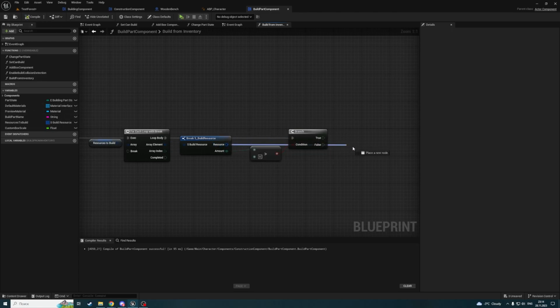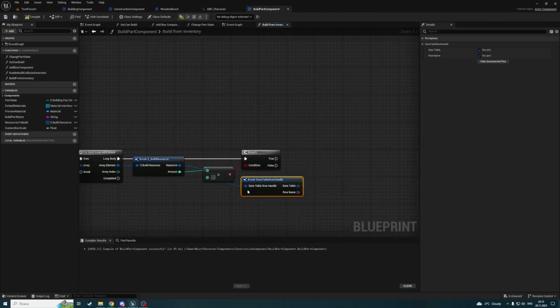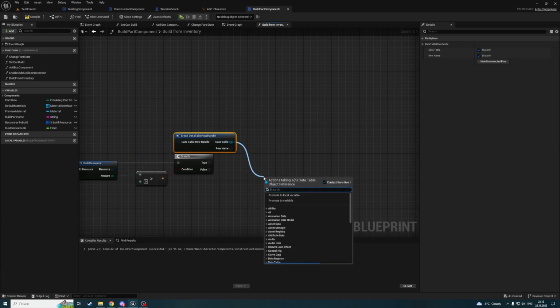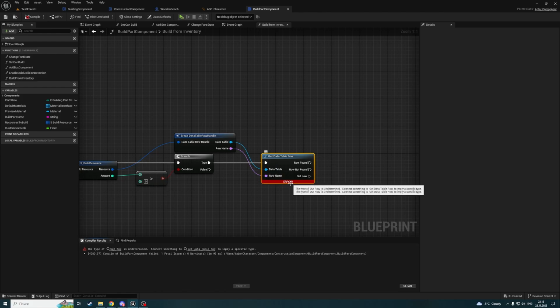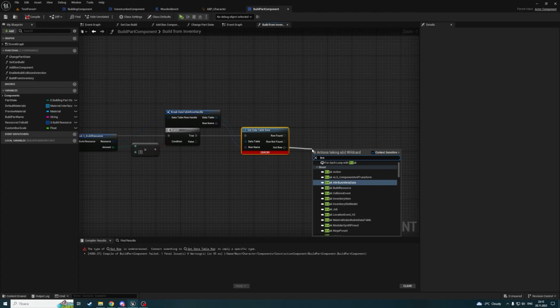Then we are breaking a resource here. Here we get a data table and row name. Let's get data table row with such name. Now we are breaking as